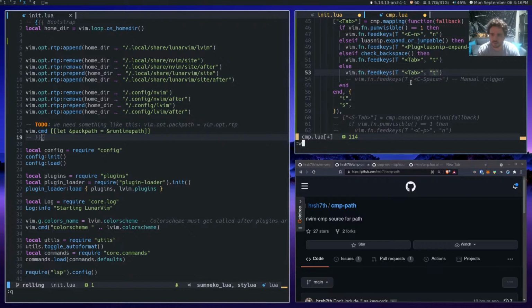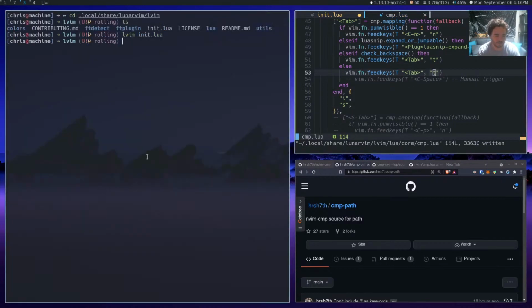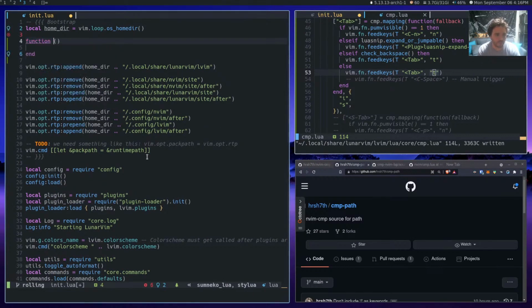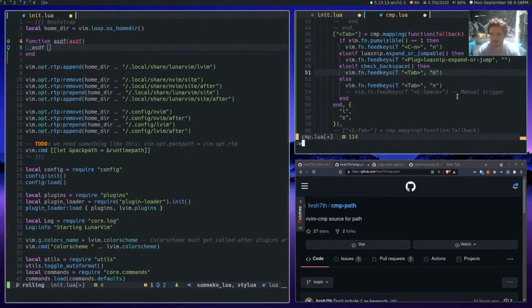I mean, I could try T. I think T will likely not be perfect either, but whatever. Function ASDF, tab ASDF, enter ASDF, tab. Still gives me that. Go like this. Still trapped. Okay. I think we just want N. N seems to be the way.